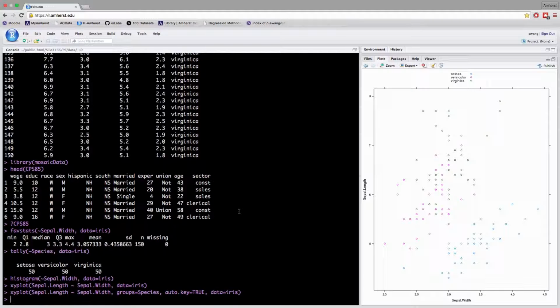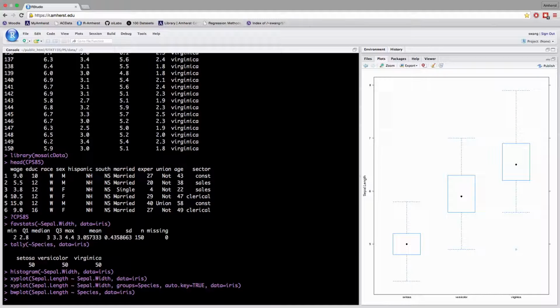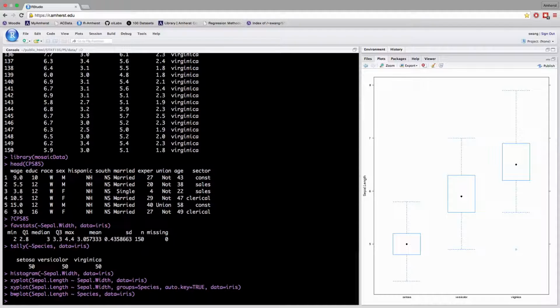What about looking at a distribution of a quantitative variable by a categorical grouping variable? Well, we can do that pretty easily using a box and whisker plot. So I'm going to do sepal.length by species. And now you can see that there's pretty decent separation of sepal length across the 3 species of irises here